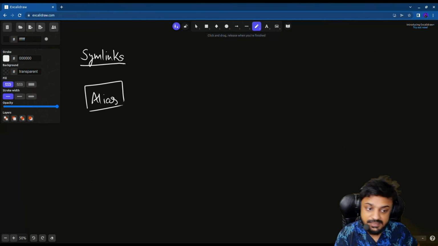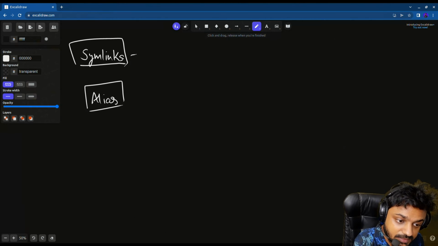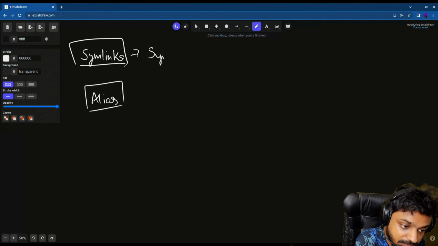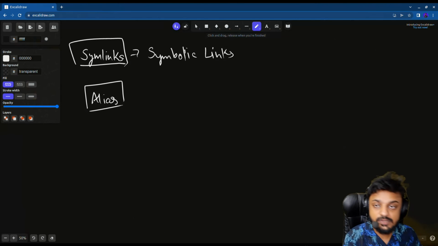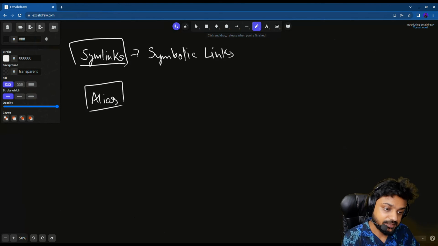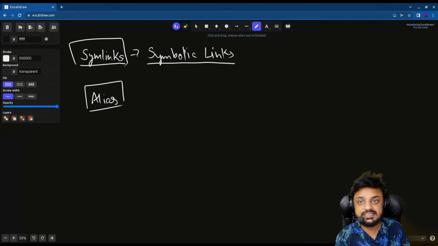Now in Linux, these symlinks, also known as symbolic links, are equal to shortcuts. So these symbolic links or symlinks are simply just shortcuts in Windows. Now to